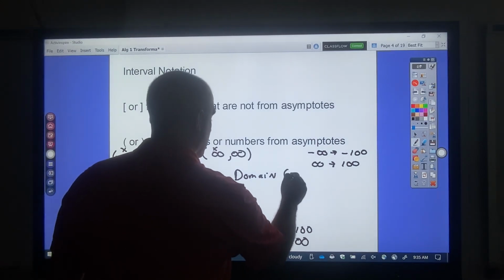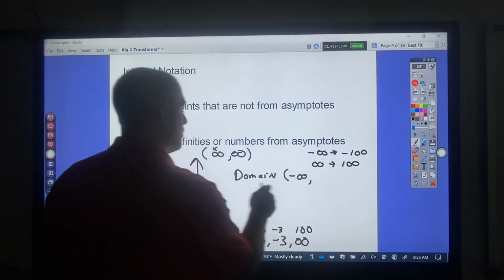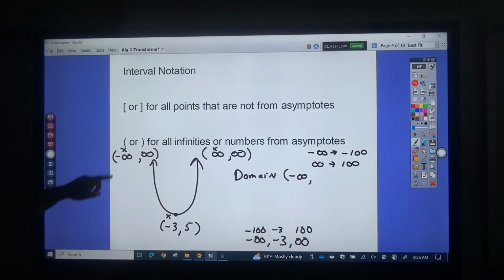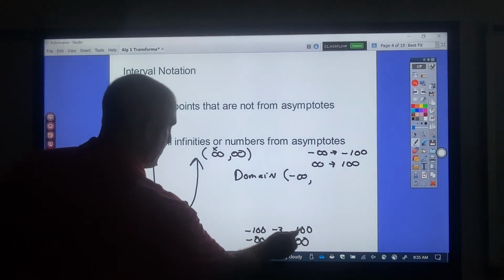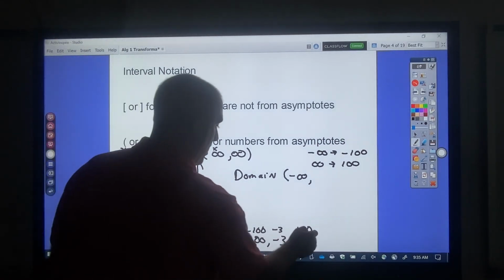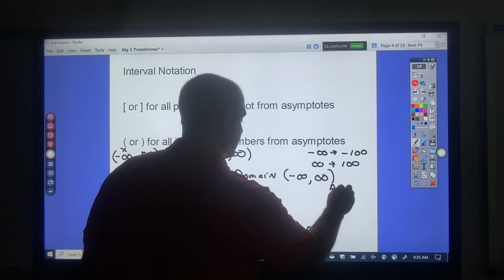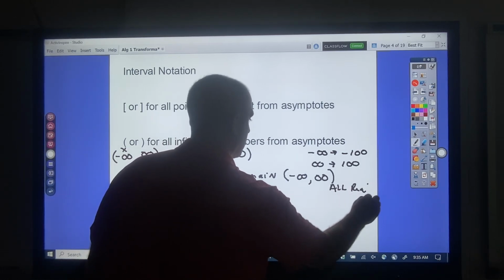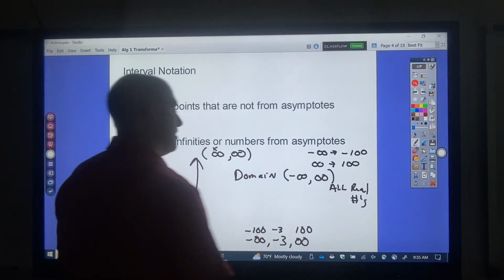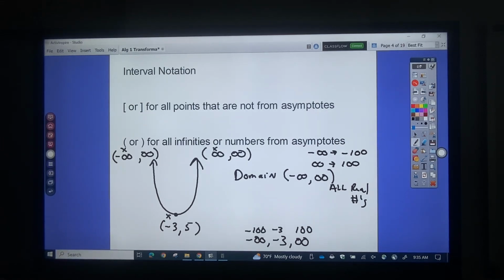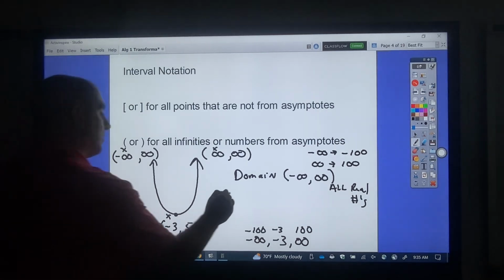Now, when you're using infinities, you use curved brackets, okay? What is the biggest in this case? That would be 100 or infinity. Okay, now what does that mean? That means all real numbers, okay? When you got negative infinity to infinity, that's what that means. Now, for the range,